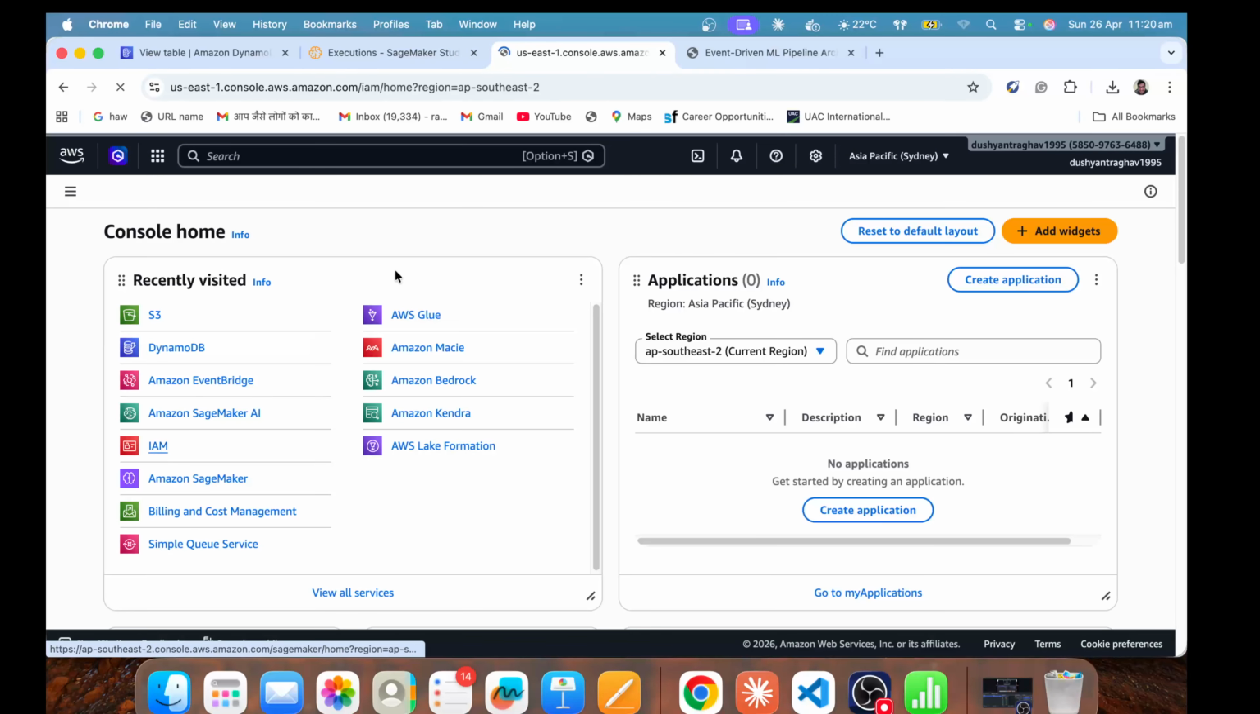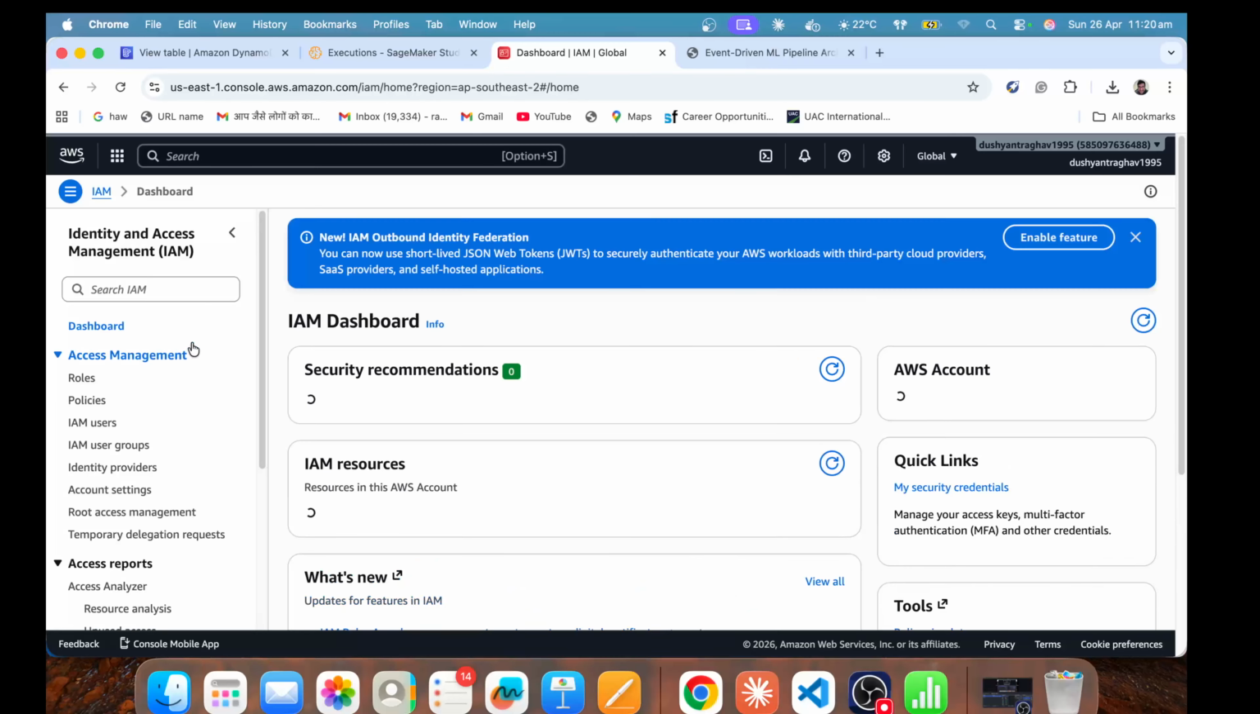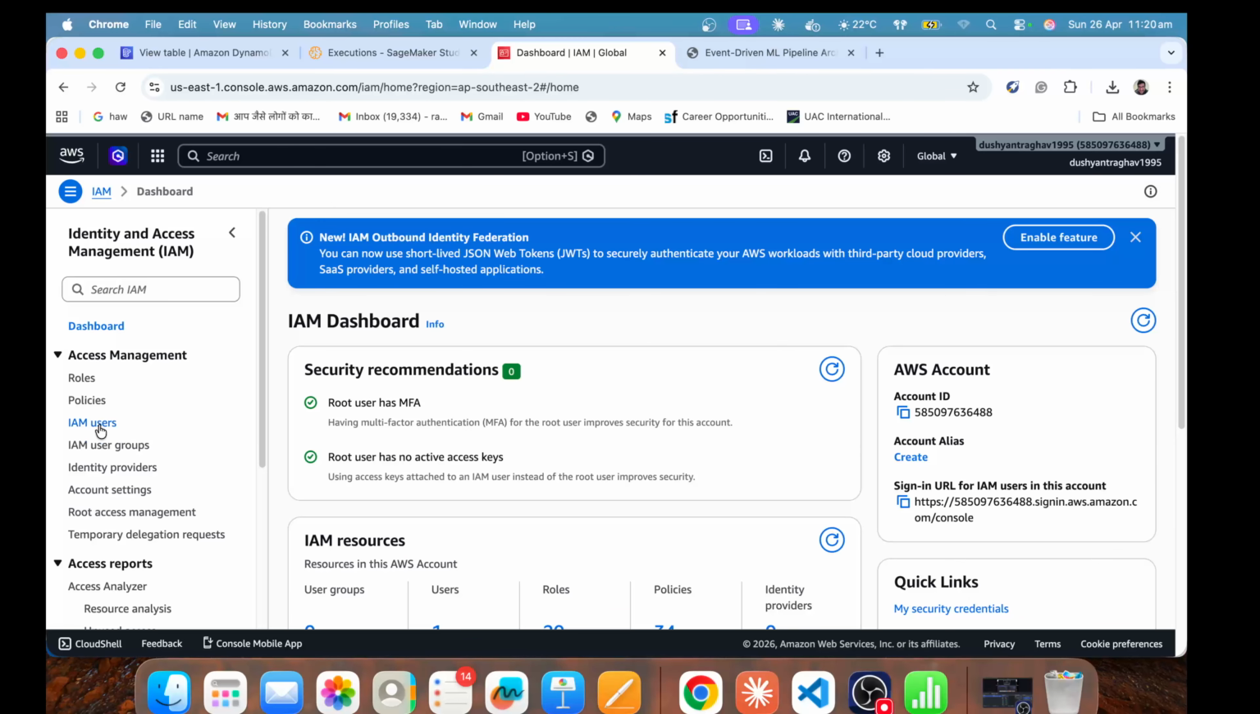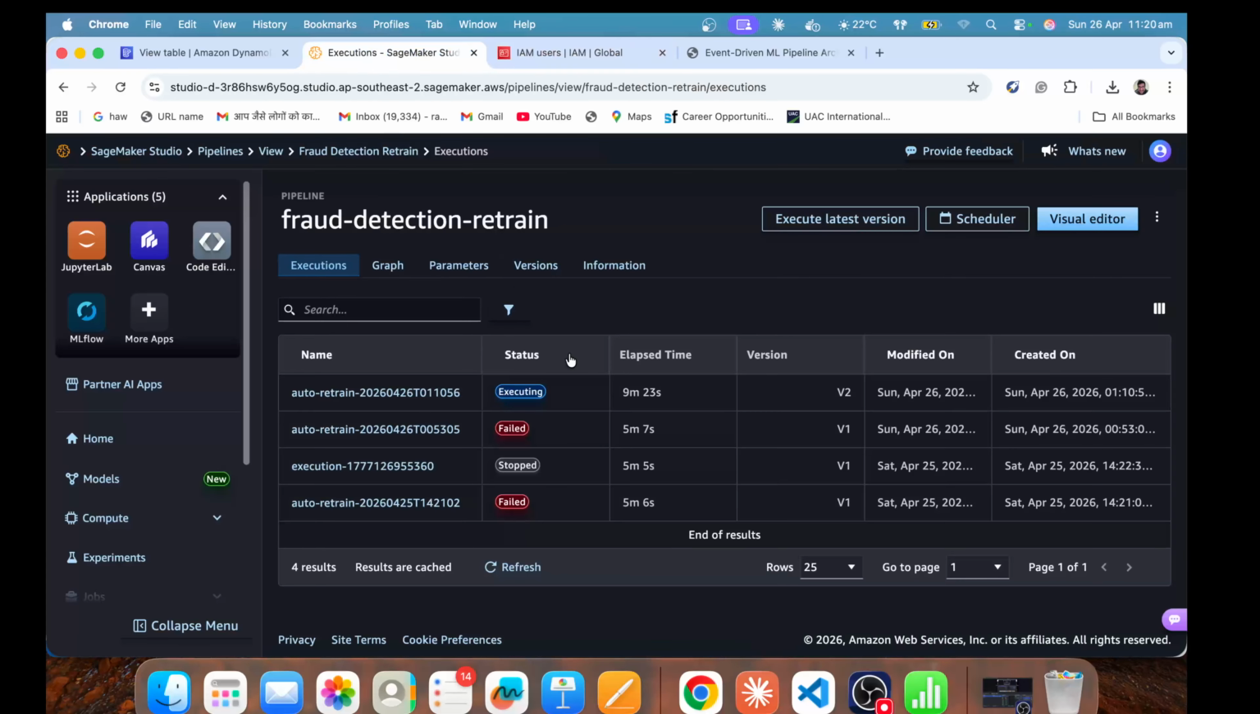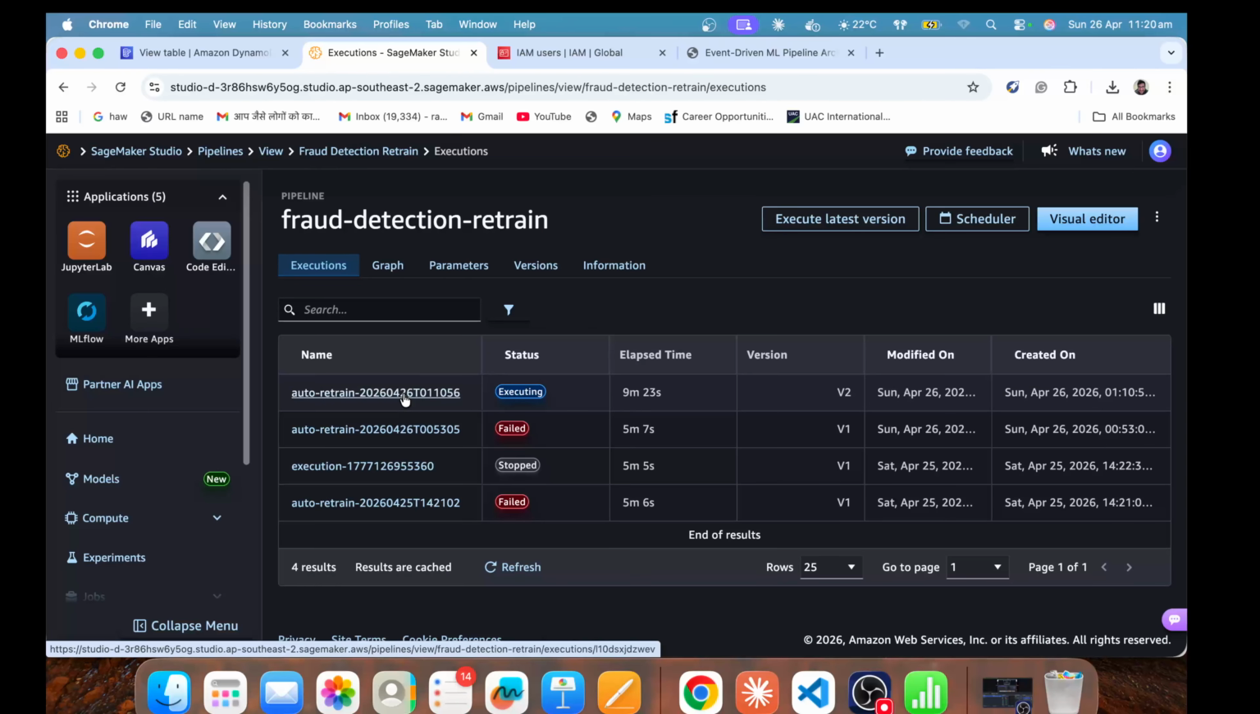In the IAM, for your user, you need to set up a lot of inline policies, which I will provide in the video description. Whatever step you need to do, it will be available. What problem I'm solving, how I solved it, where I got stuck, everything will be available in the video description